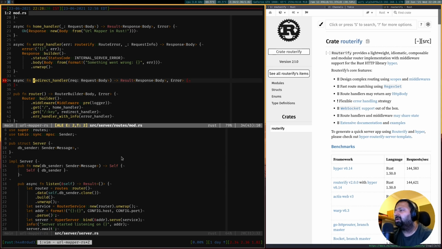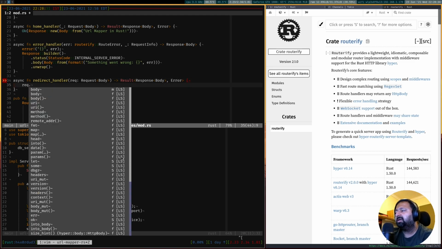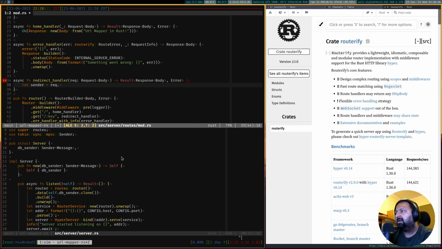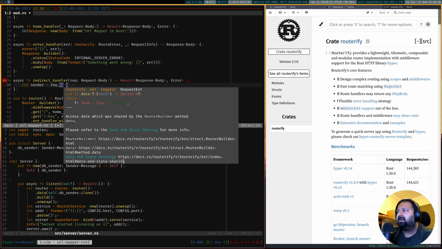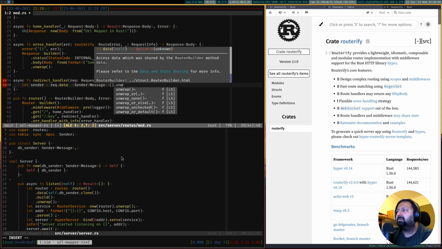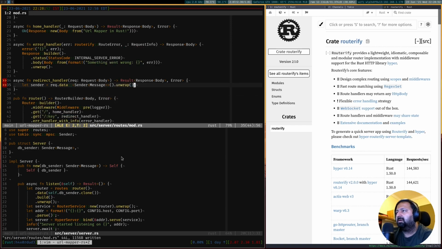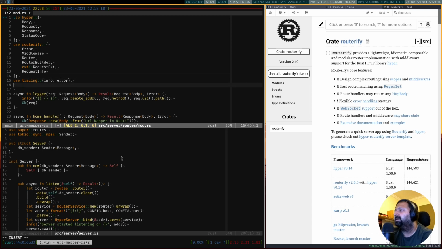And so now that we do this, what we can do within our route is, the sender is going to be here. So now this data allows us to get it like this. Of course, we'll have to fix the imports a little bit.